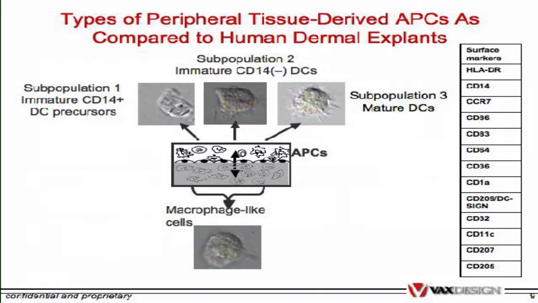We don't use cytokines like many people do. They'll use GM-CSF or IL-4 to drive monocytes to become dendritic cells, and we do not do that because we feel that this is a more representative manner of generating APCs. The list of markers that we use here on the right are what we have looked at in the past to generate data saying that these cells are in fact exactly like the ones that are found